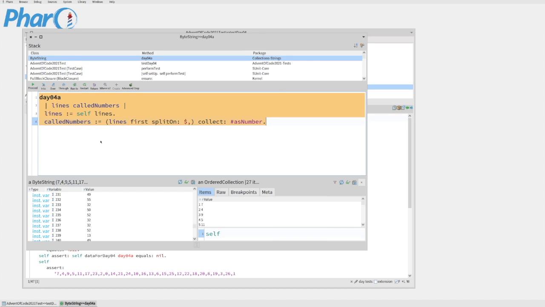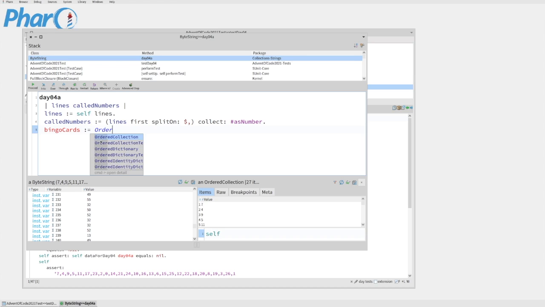Okay, so we have the numbers. Now we want to loop through all of the rest of the, so let's say bingo cards. Because we don't know how many bingo cards there's going to be, so we're going to make this an ordered collection. So we can add to them,